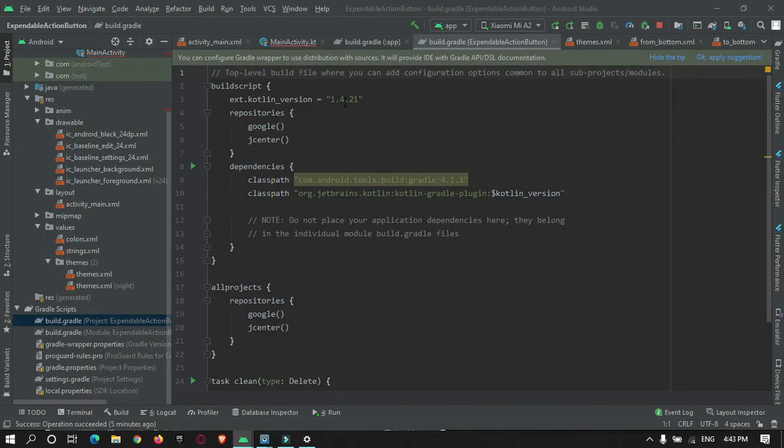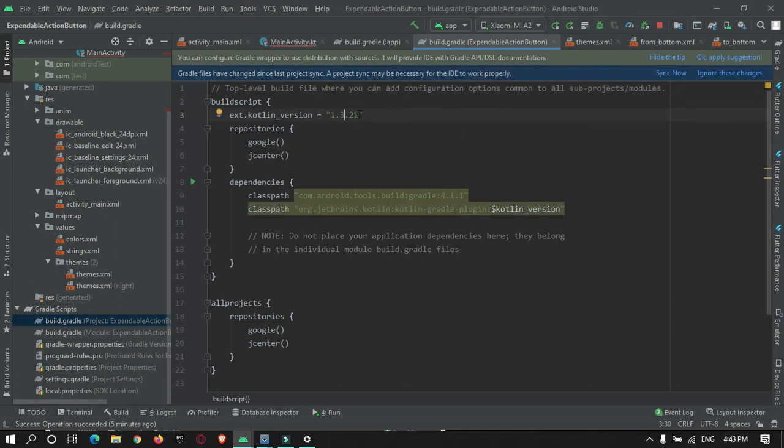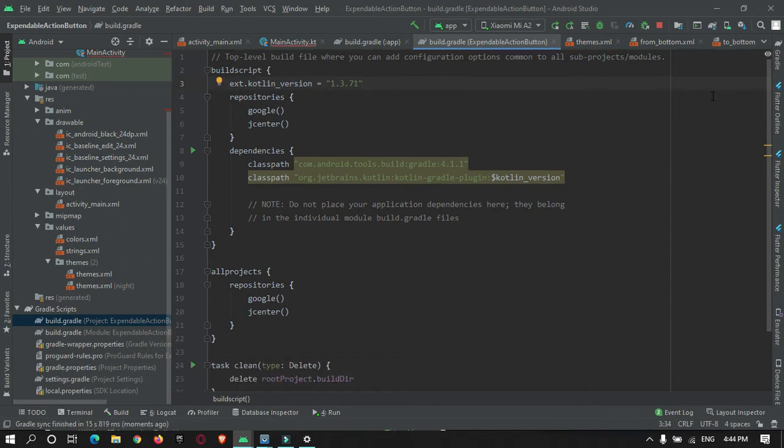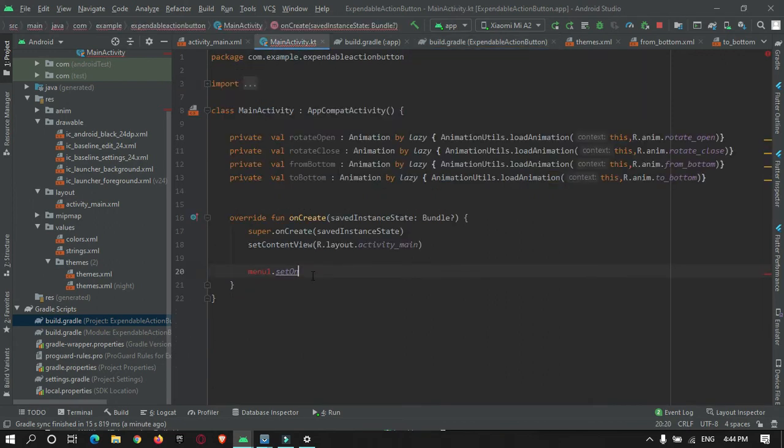Let me try changing this Kotlin version to 1.3.71. Okay, after changing I have just pressed the sync button, so let me check now if it is taking. menu.setOnClickListener. Okay, no, it is not taking.